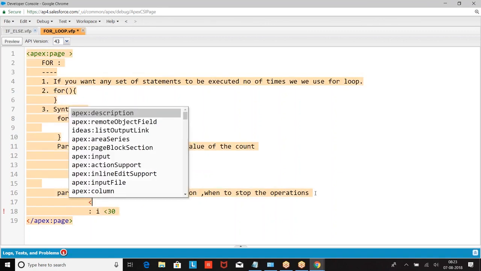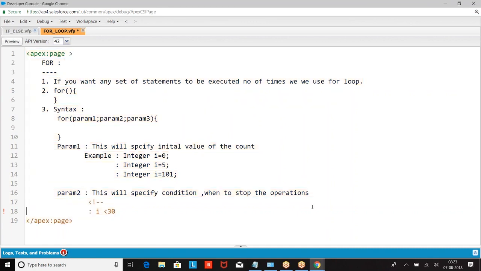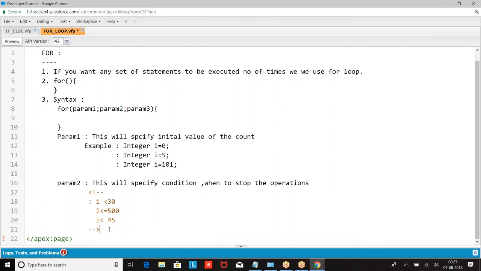Now I am going to give a condition. Until the condition is true, the operation will continue. i is less than 30 is the termination.